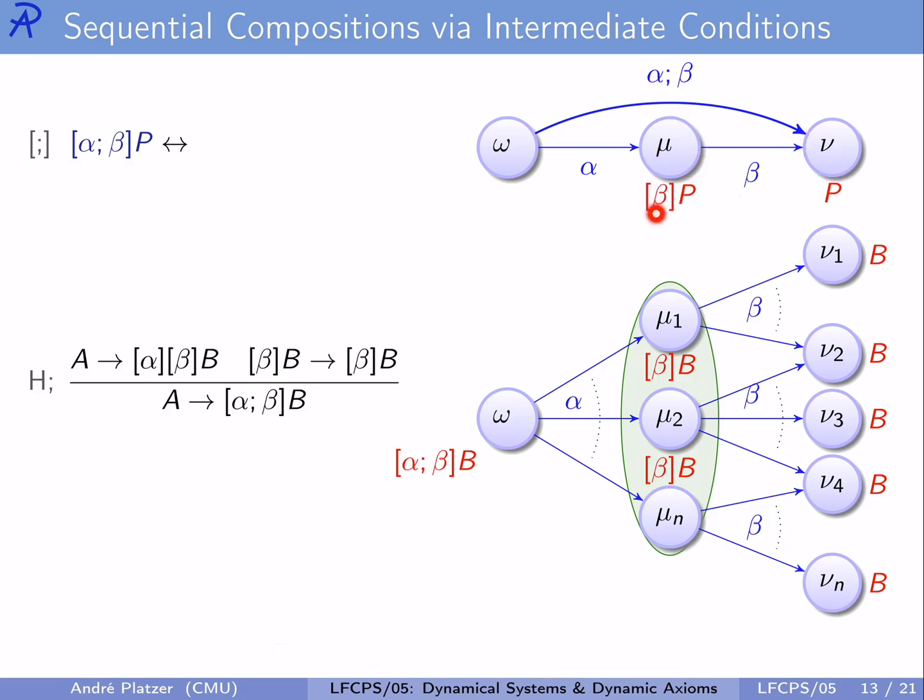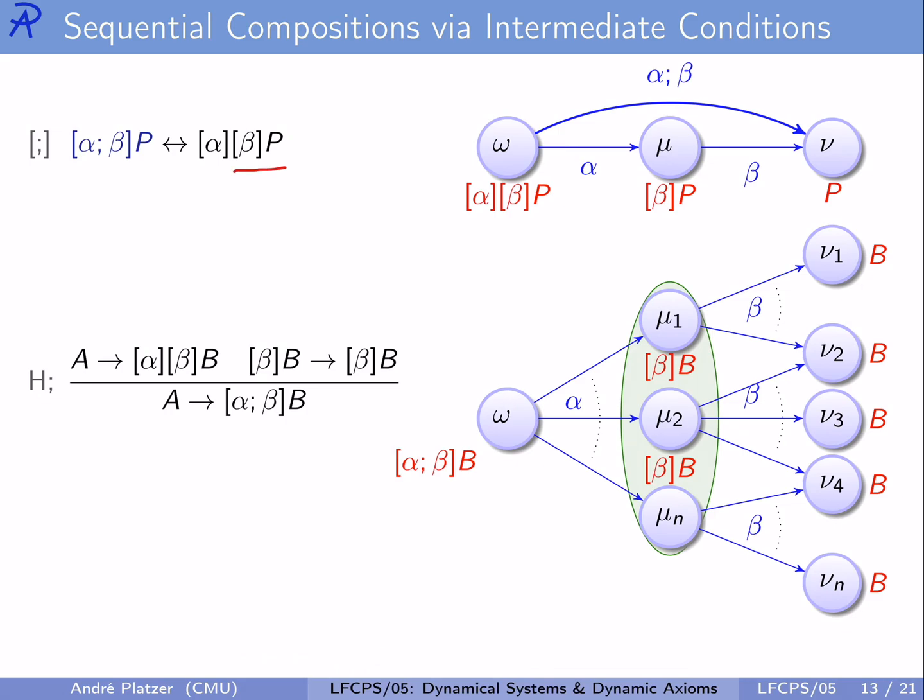And what are those intermediate states? Well, there could be multiple intermediate states, but what we need to make sure in the beginning is that all the alpha behaviors such that all the states we get to satisfy that all beta behaviors are safe, and that precisely is what we capture as a dynamical systems axiom that says always after first running alpha and then beta are we safe, if and only if it is the case that always after running alpha, the following more complicated